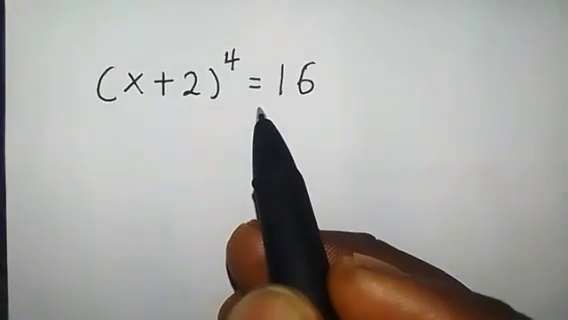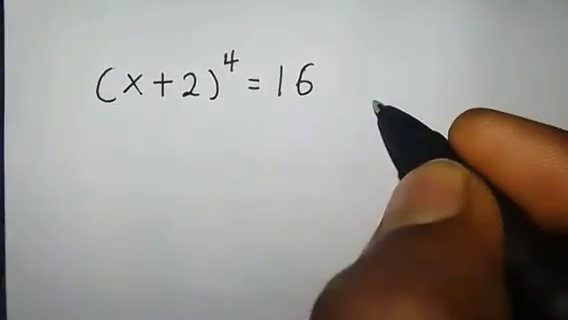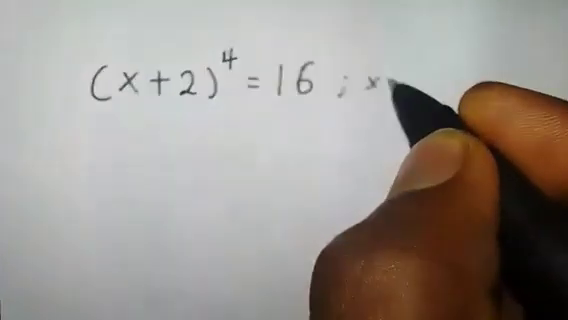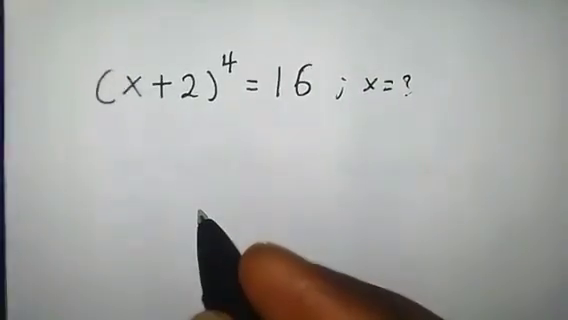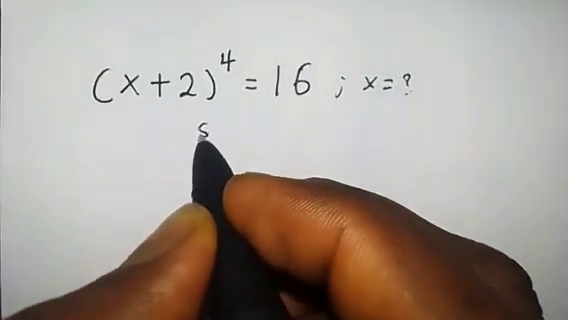(x + 2)^4 equal to 16. We want to find the value of x. Without further delay, let us begin. Solution: